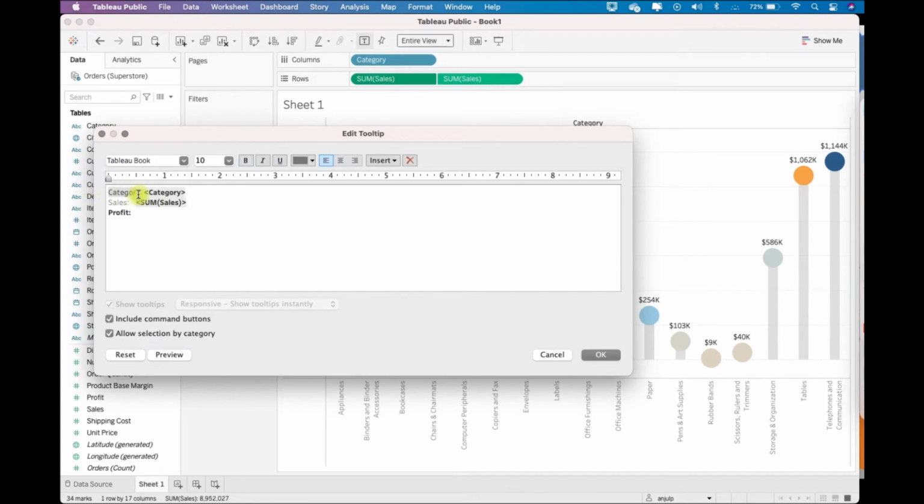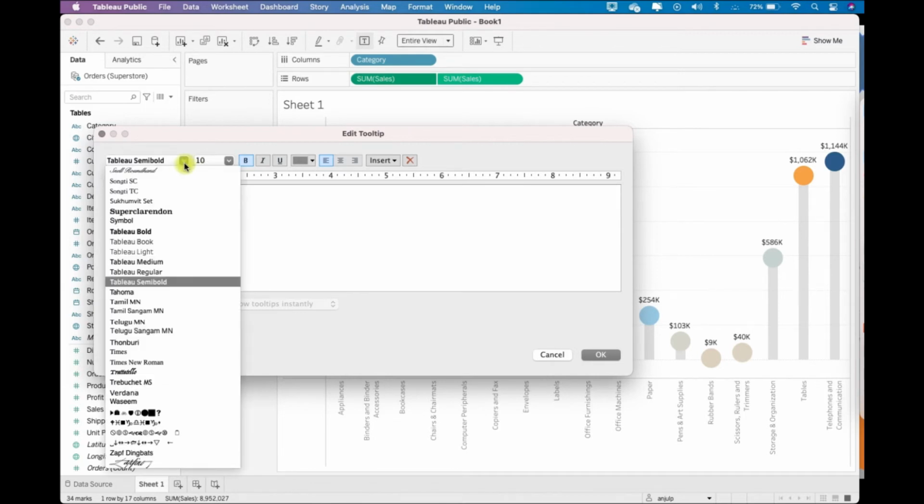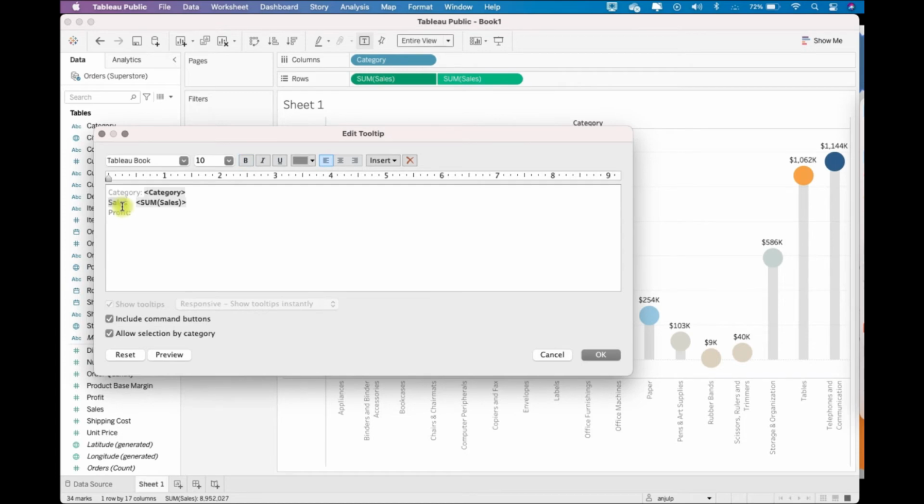This is Tableau bold, and color, let's say keep it a bit light. Same for this one, and then profit also light, and then Tableau regular or maybe light. This was Tableau Book.